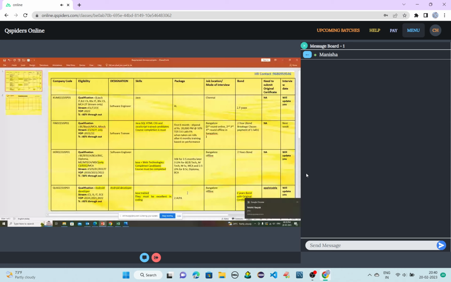Guys, you have 4 requirements. Once you're done with your class, check which company you are suitable for and pin your details to HR: your name, contact number, and company code.